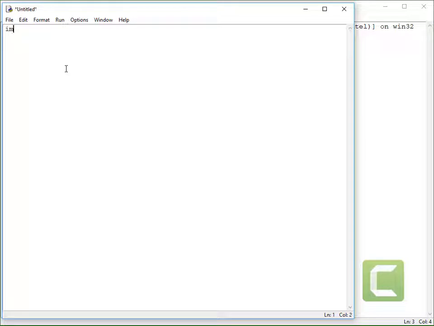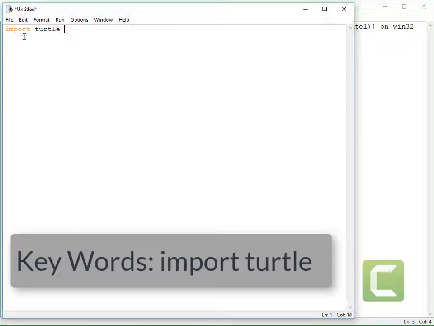The first thing we want to do is import turtle. Now, if you spelt import correctly, it will go orange because it's a keyword in Python. That will import the module for the turtle that we will use today. We're now going to control the turtle by typing in